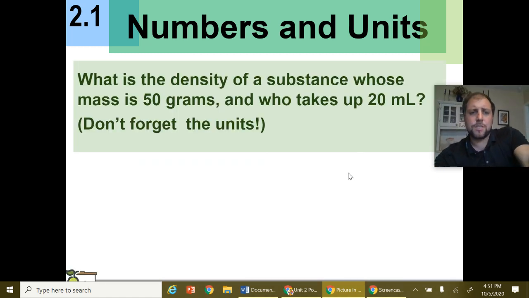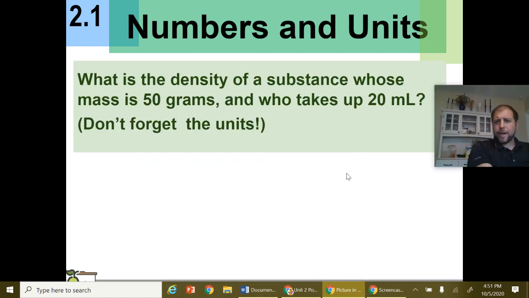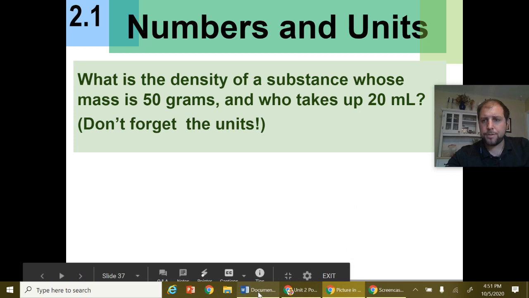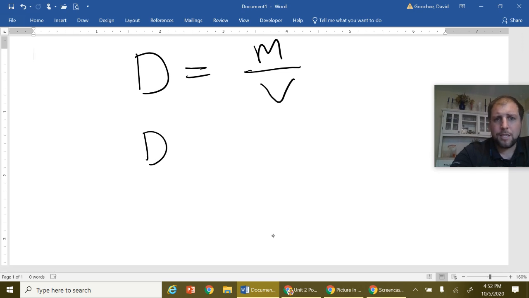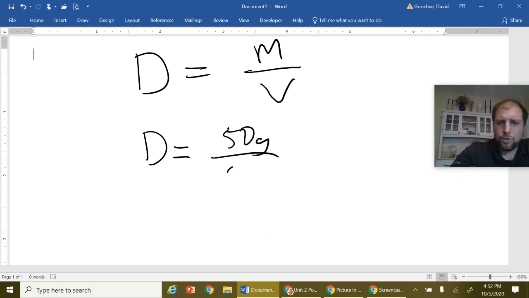What is the density of a substance whose mass is 50 grams and takes up 20 milliliters of volume? Well, what I'm going to do is I'm going to just open up a little doc and show my work. So here, density equals mass over volume. So density is going to be equal to the mass, which here was 50 grams, and the volume, which was 20 milliliters. So 50 divided by 20